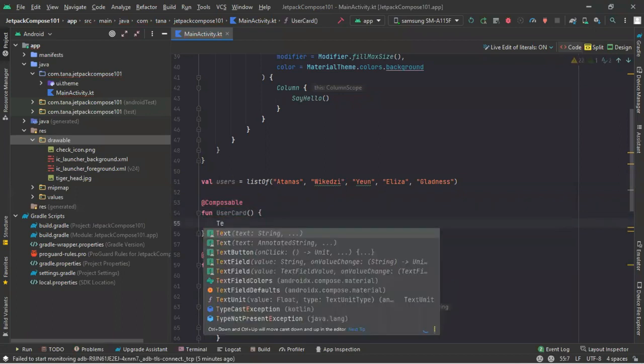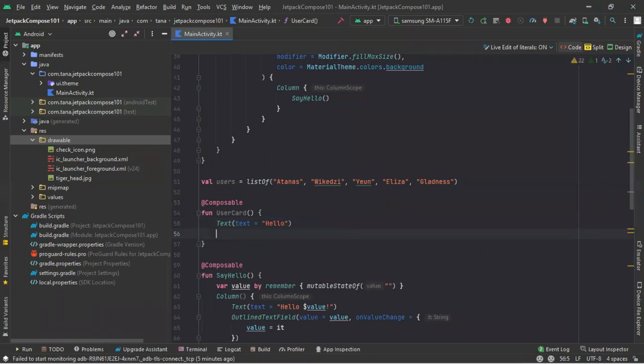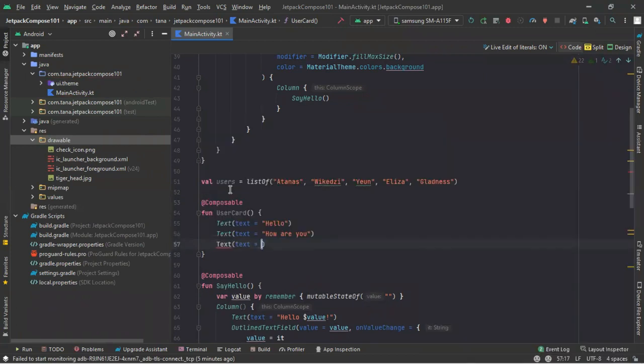Say we have three texts, and we have another text maybe. So if we run this,